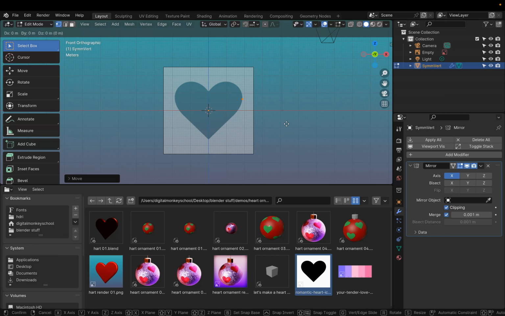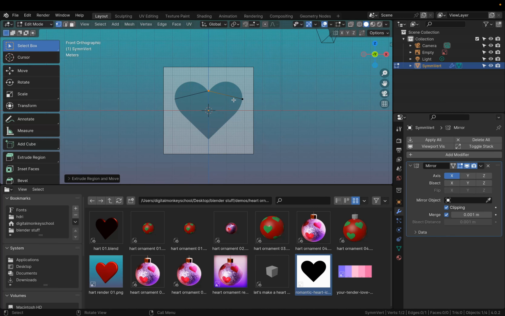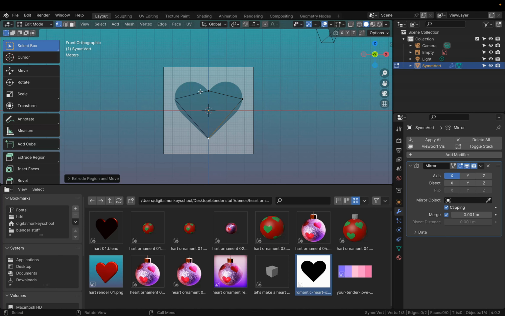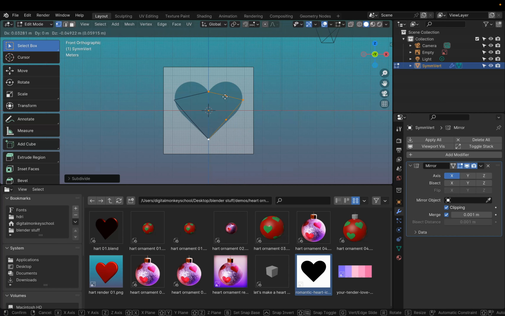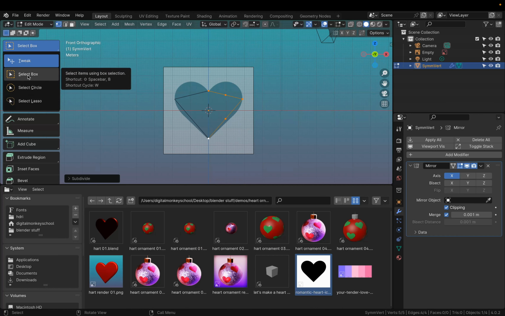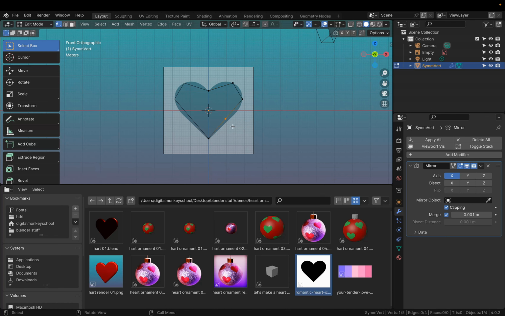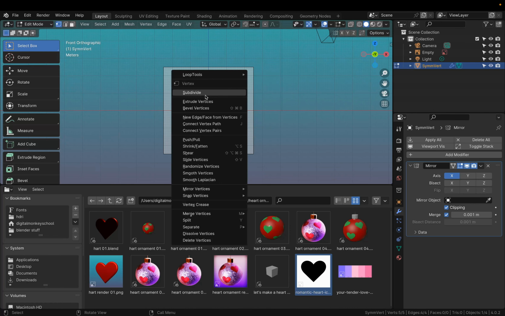And now press E to extrude, place one vertex right there, E to extrude, place one vertex right there. Now select everything with A, right click, subdivide. I'm going to switch from tweak to select box, G, this vertex goes here, this goes here, right click, subdivide